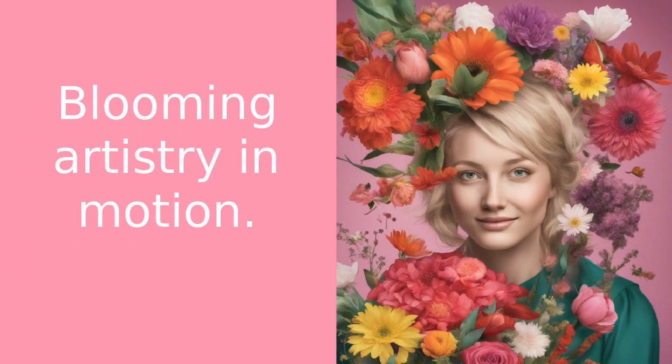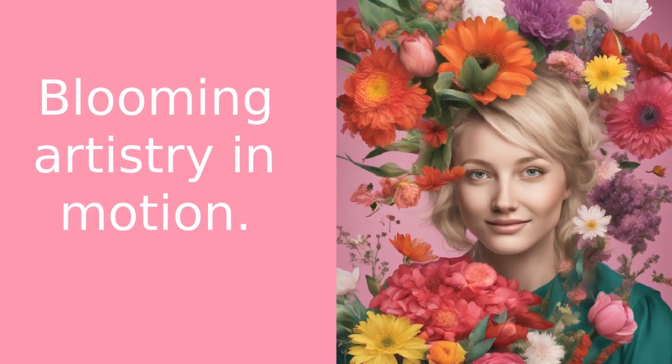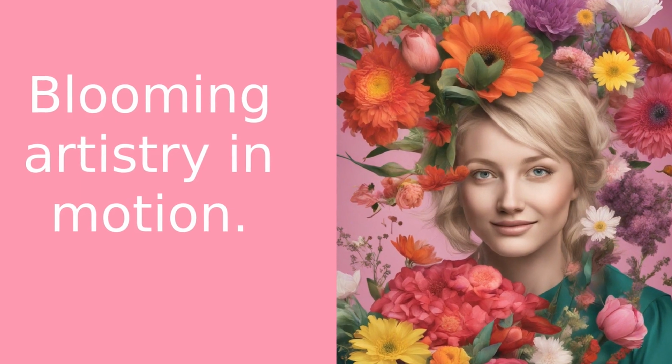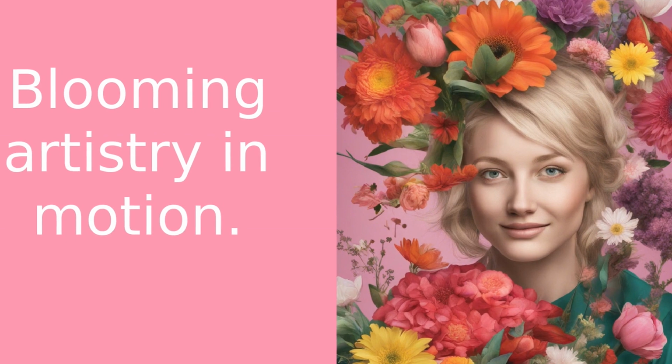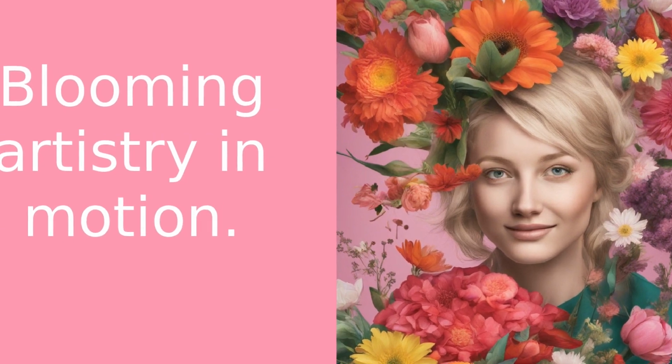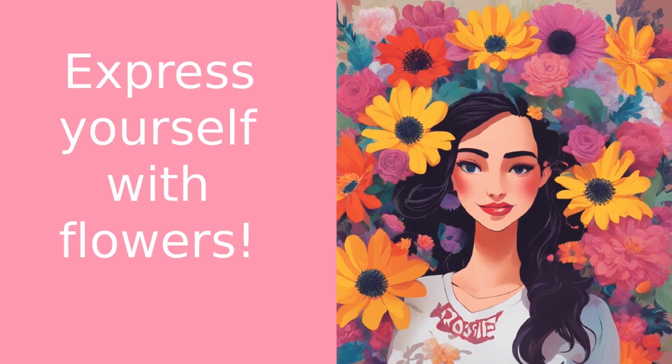All right, let's get our hands dirty. Flower arranging is an art, a science, and a beautiful way to express your creativity. Whether you're preparing a bouquet for a birthday, an anniversary, or just because, the right arrangement can make all the difference. Now, I know it can seem daunting, but trust me, with a little guidance, anyone can create a stunning